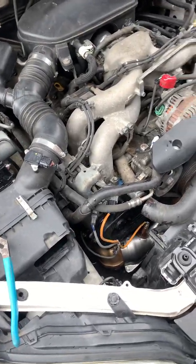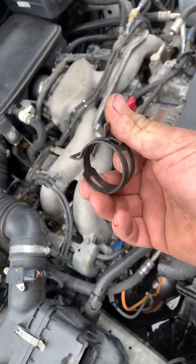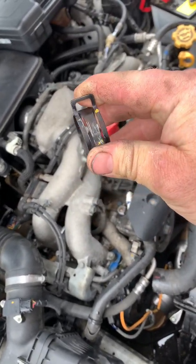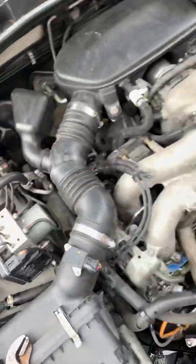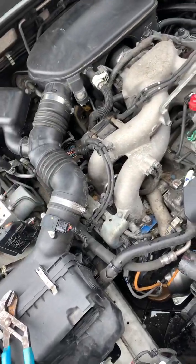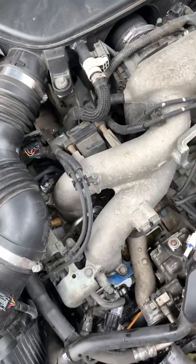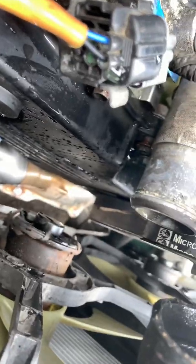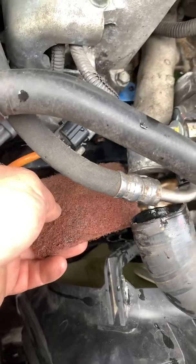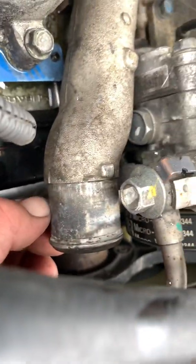Also, I went to replace the clamp because it has one of these bastard clamps, is what I call them, also known as spring clamps, whatever the hell they're called. There's a special tool to get them off, but I just use channel locks, and they like to shoot out of there, so careful when you open the pliers back up to release them. Anyway, so while I was cleaning up, took a Scotch-Brite pad to this to make sure it was nice and clean, started to clean up this side, and I noticed